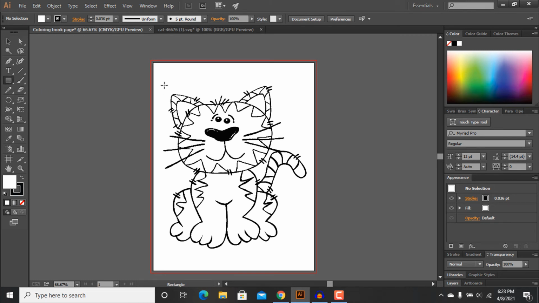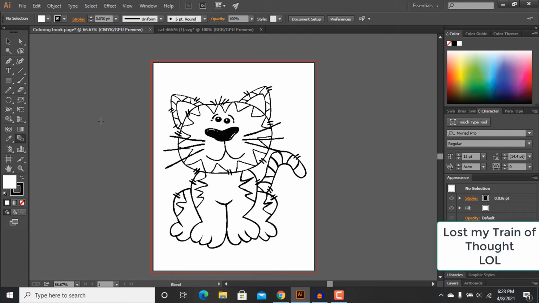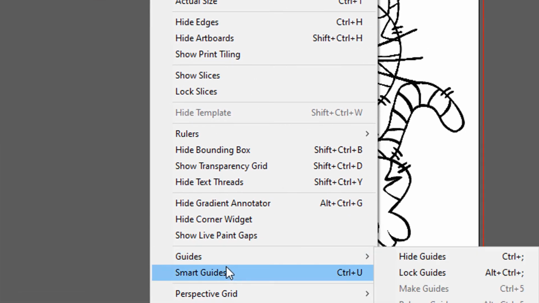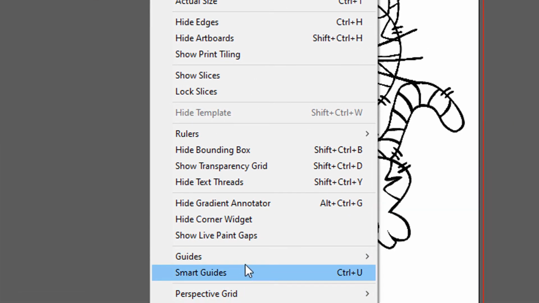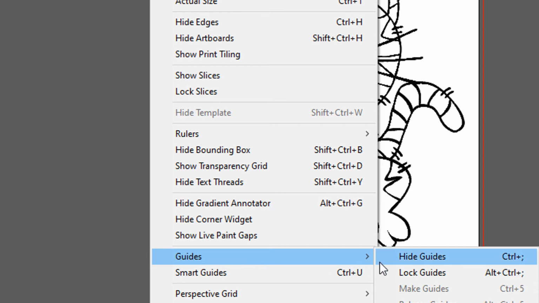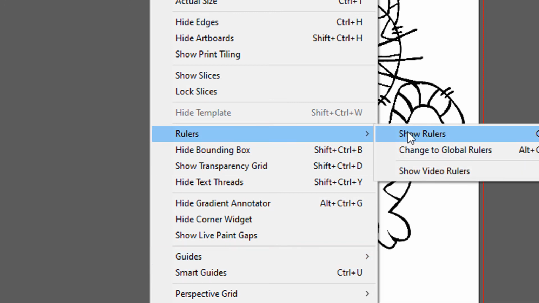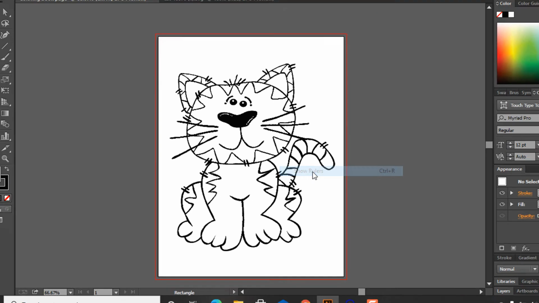We are going to go to this View tab here, then go to Guides, then Rulers, and click this Show Rulers option here.